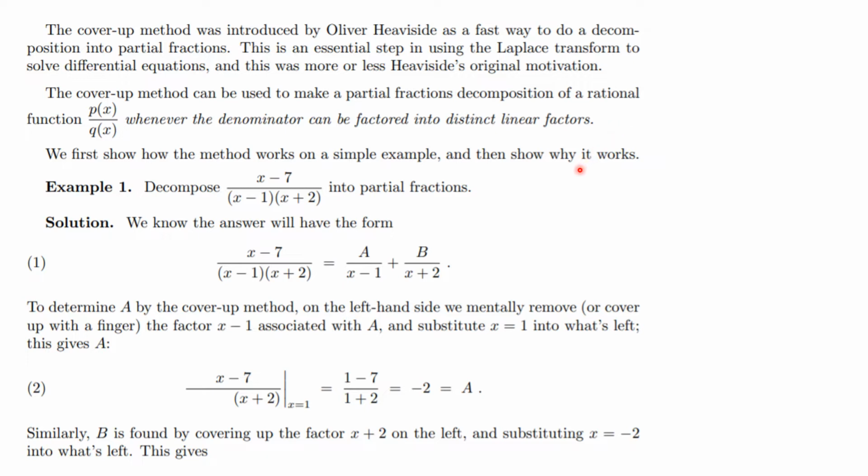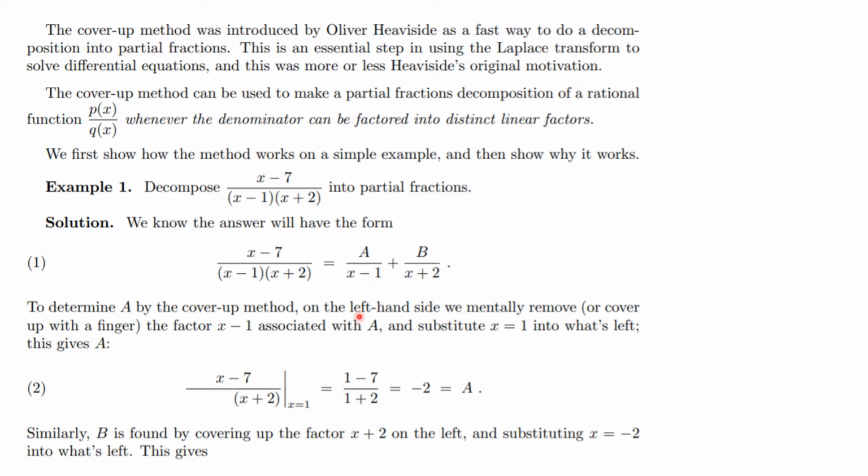So we first show how this method works on a simple example where we do have distinct linear factors, and then we'll talk about why it works. So example 1, notice that we've already factored the denominator. We're decomposing x minus 7 over x minus 1 times x plus 2 into partial fractions. Now from the theory, we know the answer will have the form a over x minus 1 plus b over